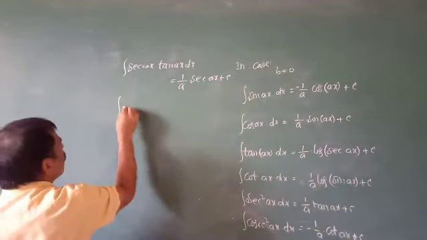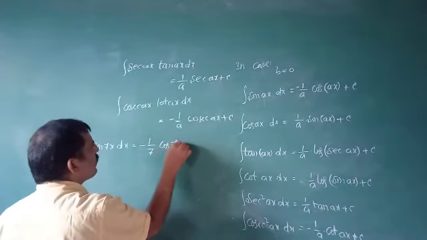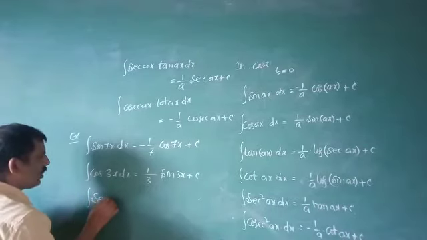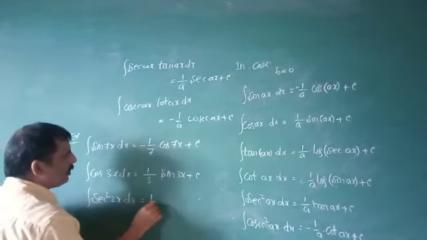Okay, example. Integrate of sin 7x with respect to x is equal to minus 1 divided by 7 into cos of 7x plus c. Integrate of cos of 3x with respect to x is equal to 1 divided by 3 into sin of 3x plus c. Integrate of secant square 2x with respect to x is equal to 1 by 2 into tan of